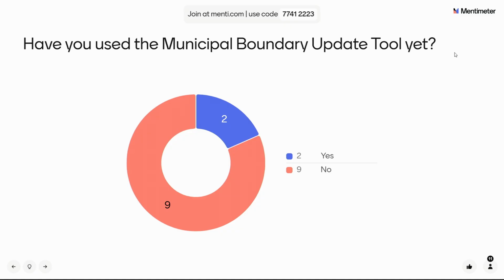But I think when you're looking at your boundary and whether it's correct, before you decide which way you want to go, you have to figure out why it is incorrect. Is it incorrect because it's missing some recent annexations? Then the better thing to do would be to actually submit those annexations so those various annexations are tracked separately. If it's incorrect because it's just in the wrong place or it was based on the wrong lines and you need to correct the lines as opposed to just adding annexations to it, then that's where submitting the corrected entire boundary is probably your better option.